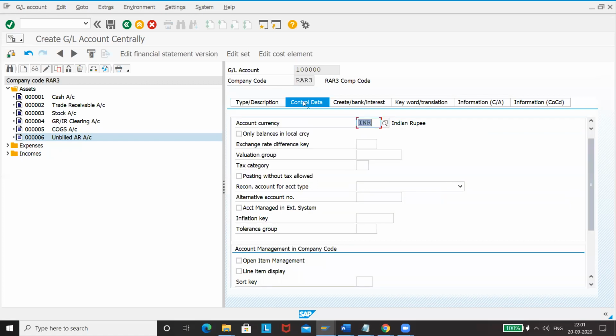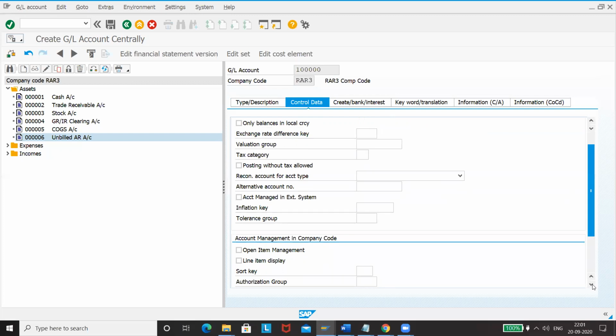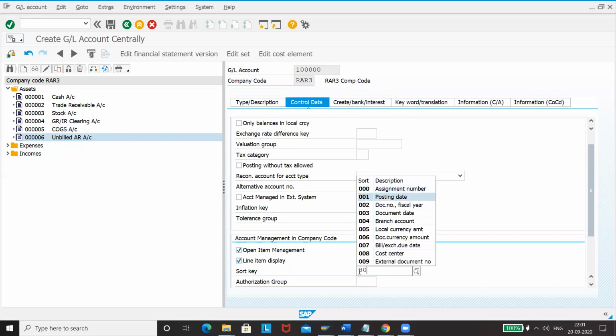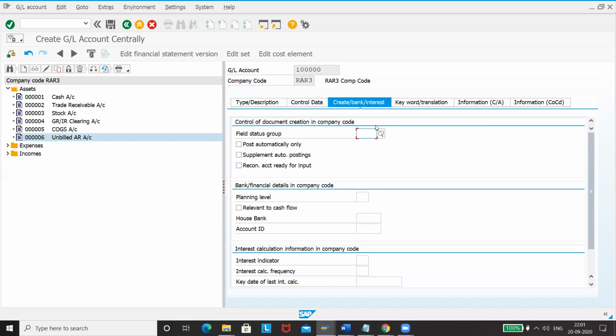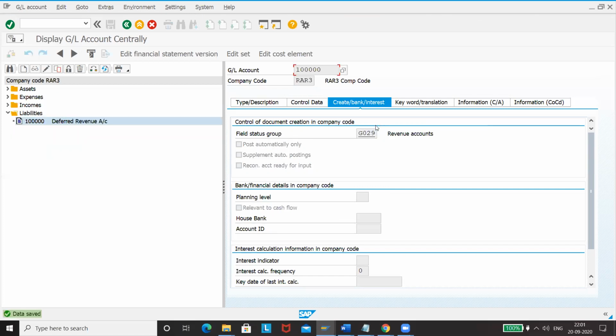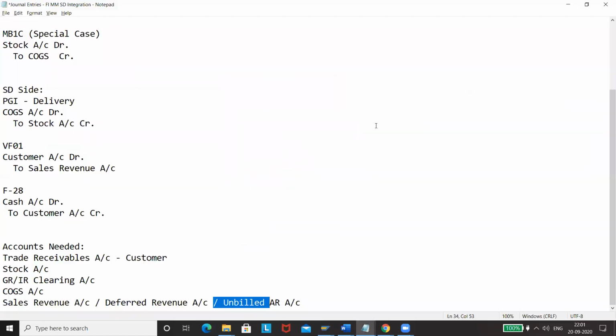Here we go. This one. That's it. Save. So now what we've done, we've just created these GL accounts because, as you know, these